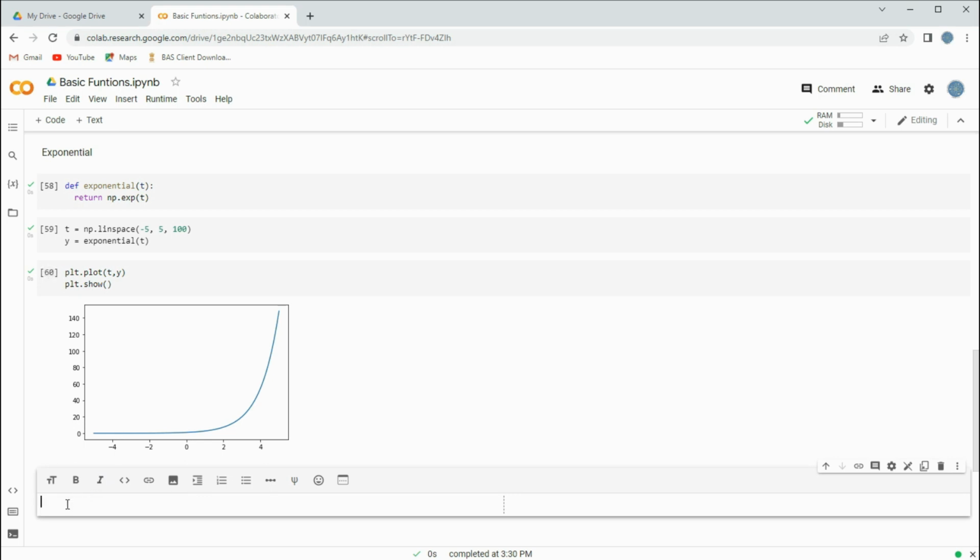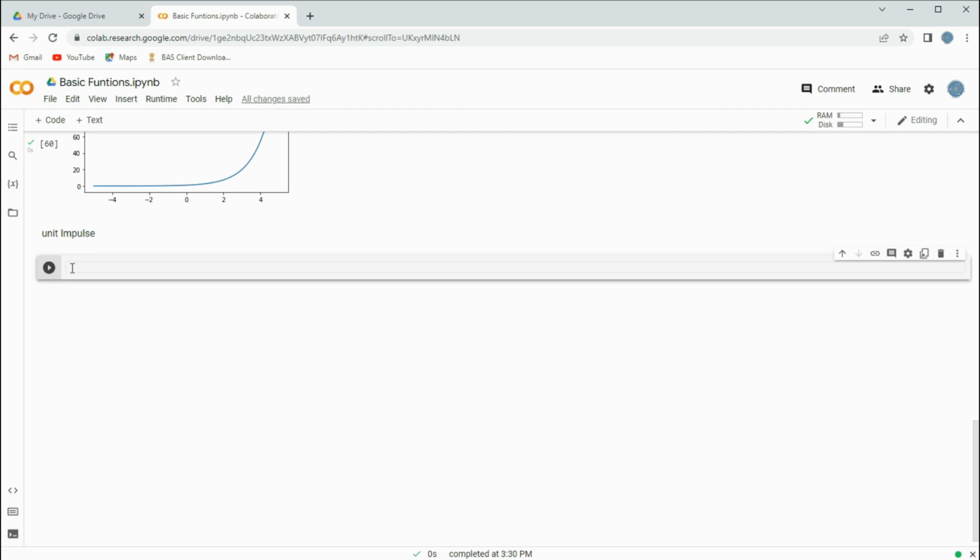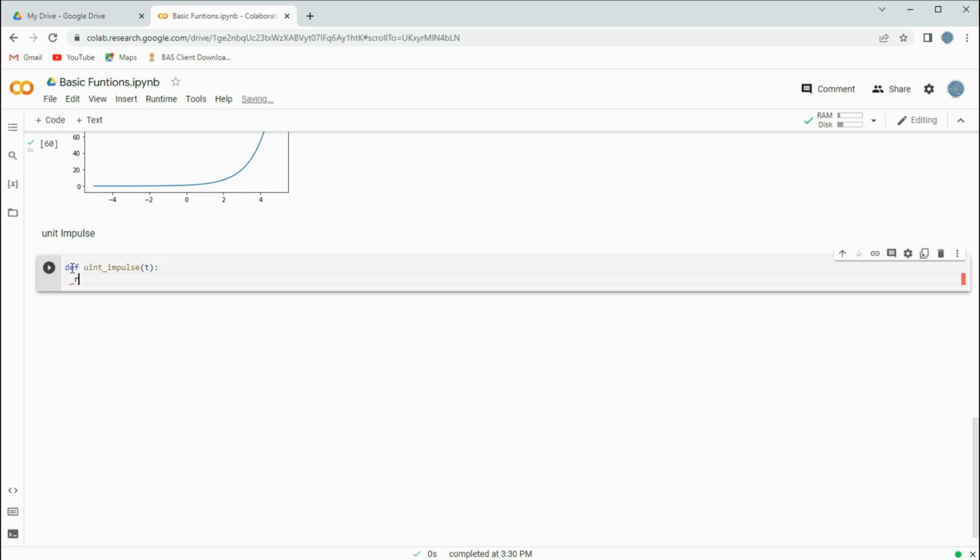First, we introduce the text in a similar way. We'll write unit impulse, and thereafter we'll introduce the code part. We have already called the libraries by the import command. So we'll start with the definition part, defining the function. We'll write def unit underscore impulse. In brackets we'll write t, the same way we were doing for other functions. Then return